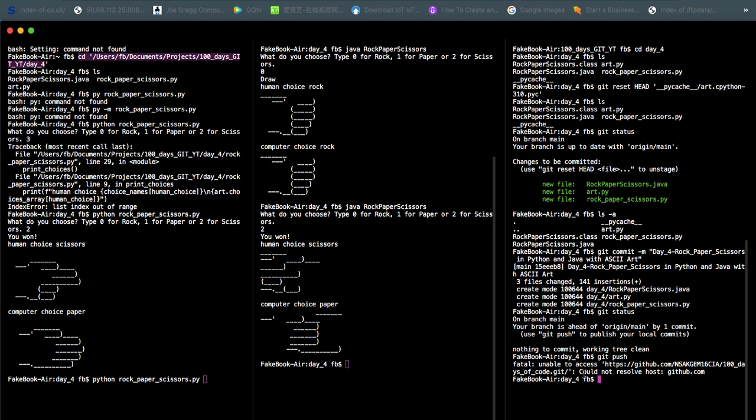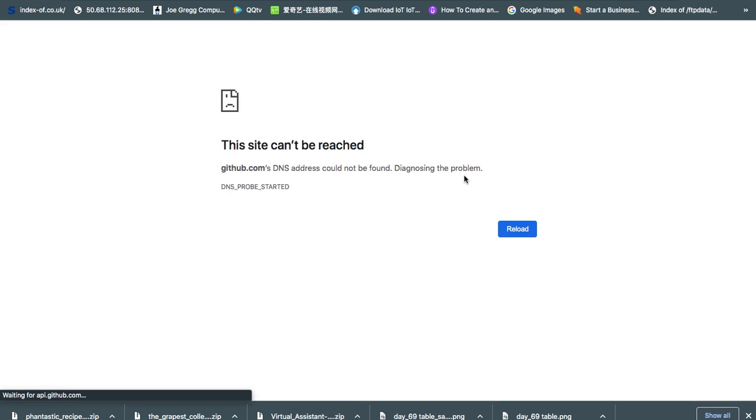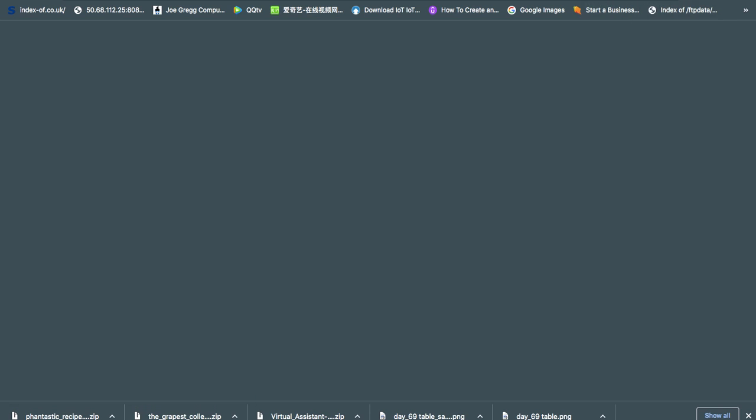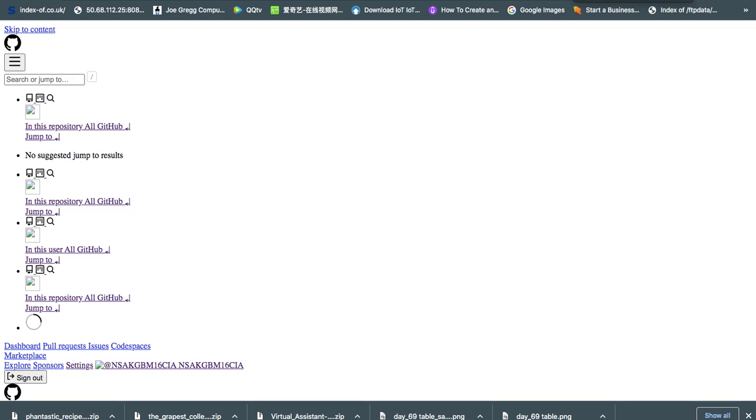What, something went wrong, unable to access. Yeah, that could be an issue with the network because as you can check GitHub, it could be an issue with the network. But as usual, we give it a try. Let's turn it off, and then let's turn it on. Wi-Fi is on.